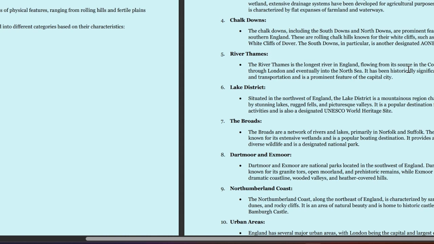Number 6. Lake District. Situated in the north of England, the Lake District is a mountainous region characterized by stunning lakes, fells, and unique picturesque valleys. It is a popular destination for outdoor activity and is also designated a UNESCO World Heritage Site.